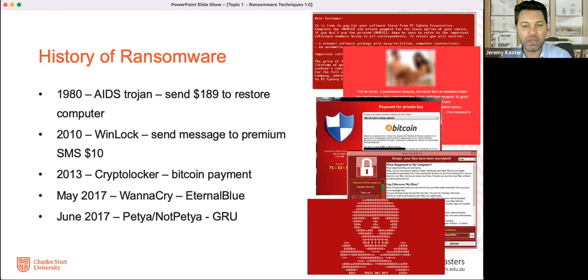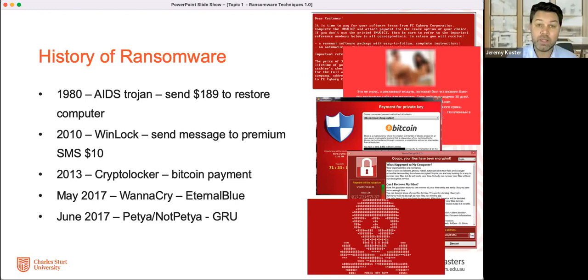Then we had CryptoLocker in 2013, and that started to do the Bitcoin payment. So Bitcoin came onto the scene. It was the way in which these criminal enterprises started making money. Then we had WannaCry, which is not actually very good ransomware, and it was an interesting ploy. It not only infected one computer, but would break out and try to infect as many as possible on public IP ranges. A malware researcher managed to defang it and stop it in its tracks by registering a DNS address, which was effectively a kill switch in WannaCry.